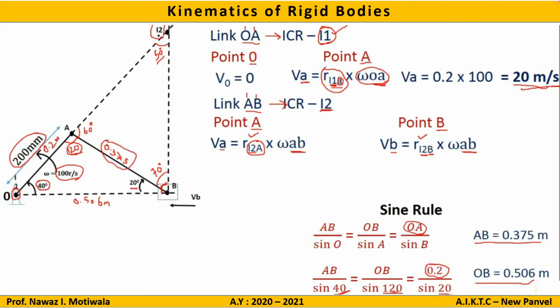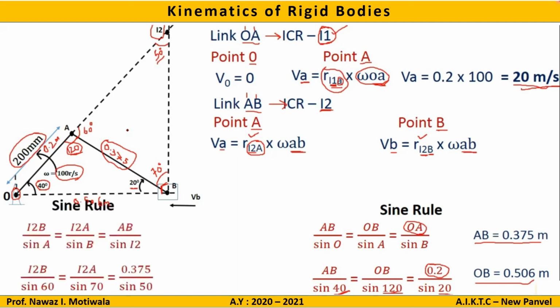Now you can apply sine rule in this I2AB triangle because one side is known and all the three angles are also known. So applying sine rule in this triangle, I will get the answers for I2B as 0.423 meters and I2A as 0.460 meters respectively. Again, simple, what I have done is just applied the sine rule. What does the sine rule say? Side divided by sine of opposite angle. So it will be AB divided by sine of 50, the opposite angle to AB is 50. And similarly, we can go ahead.